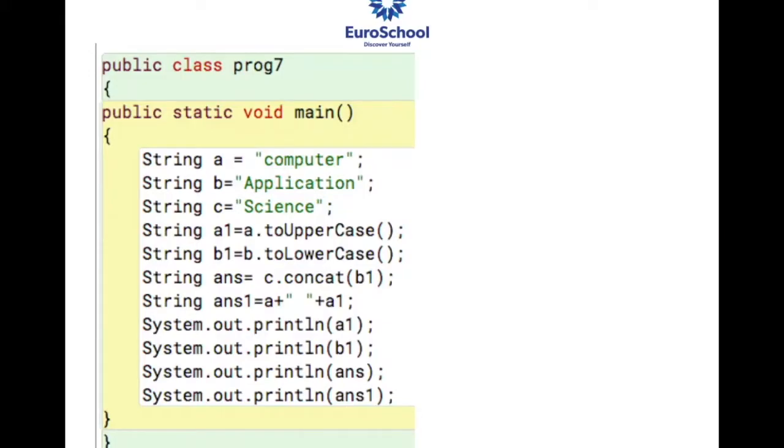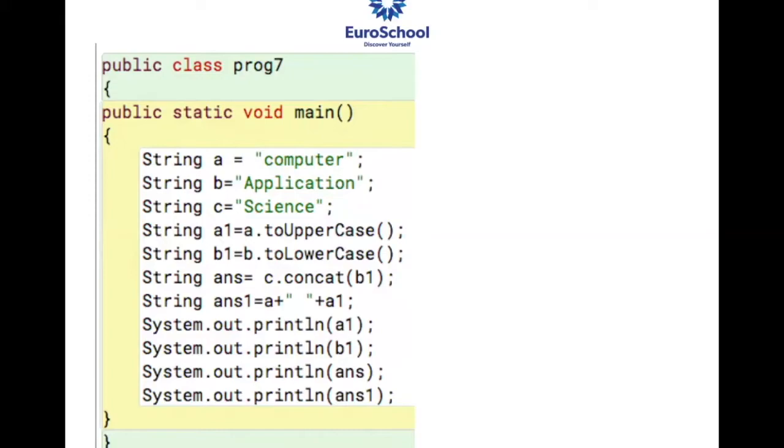The next is, here I have used the plus sign. As I was telling you, if you have more than 2 things to concat, you can always use the plus sign also. So I have just used over here A plus, I have given a blank space over here, plus A1. Okay. Now I want Sarakshi to give me the answer for A1.